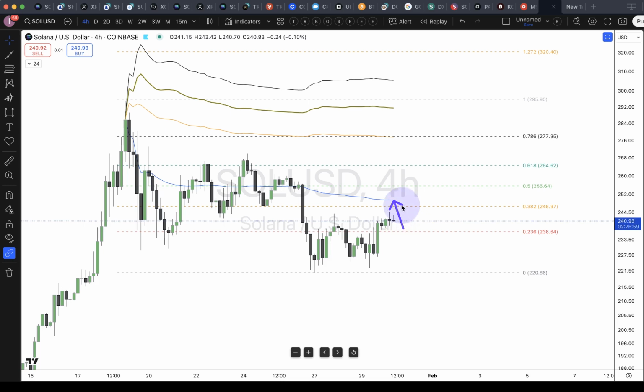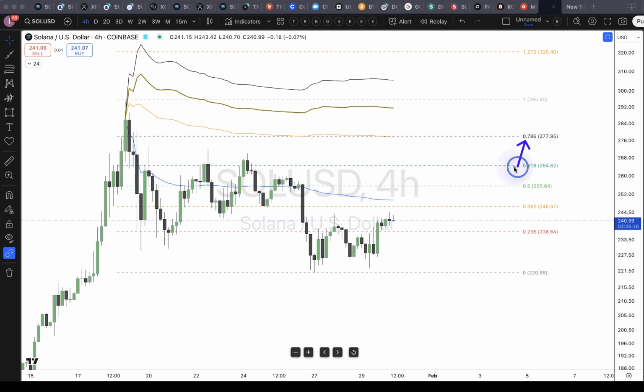You just wait and you start to nibble. You nibble in, okay? So here's one more. In this scenario, we've got the 786, right? And price has not hit it yet. So this is almost, I hate to say almost a guarantee, but it's a really high probability that when price